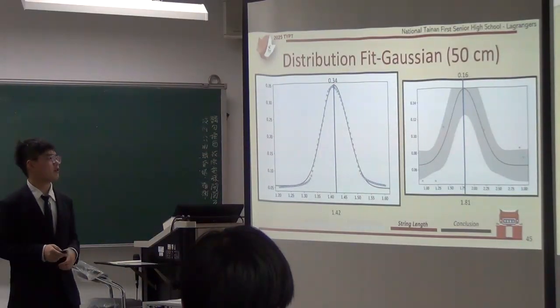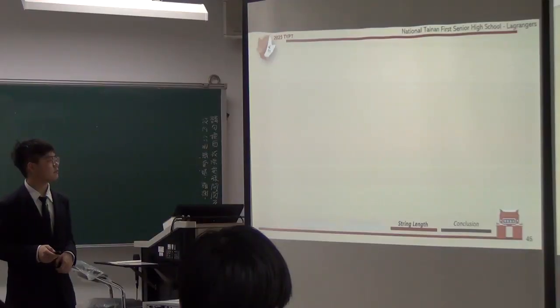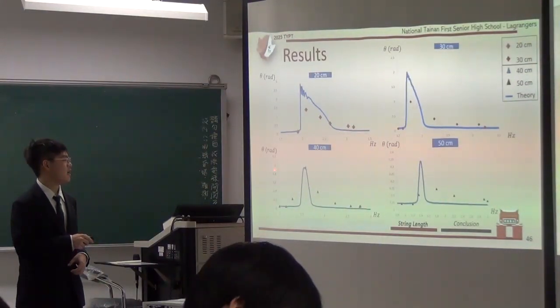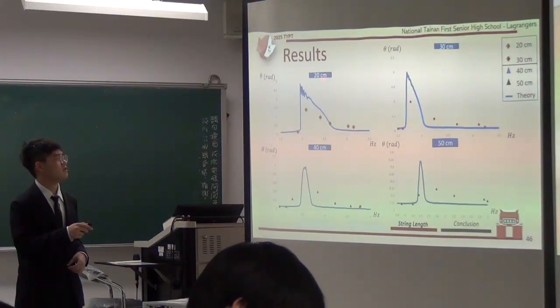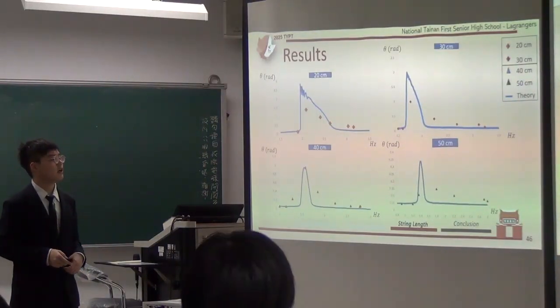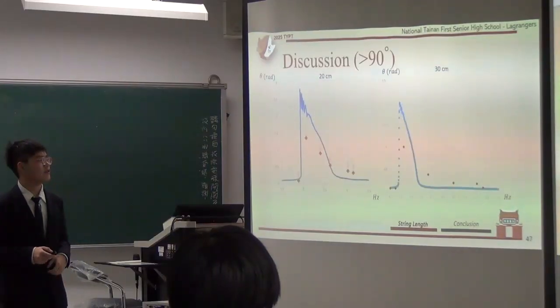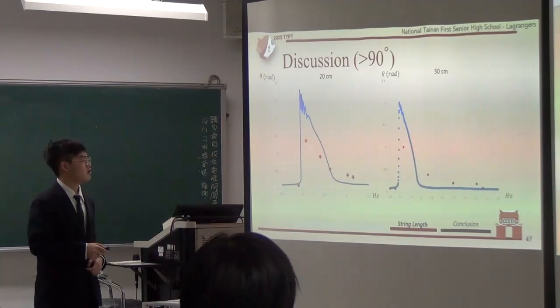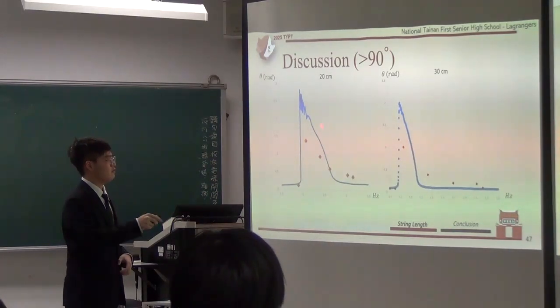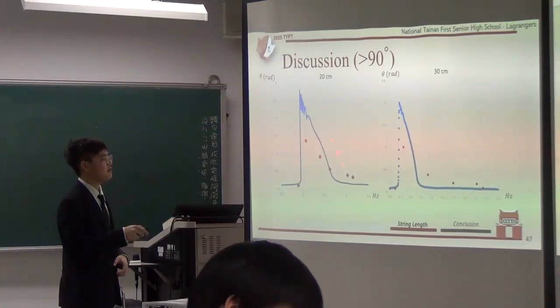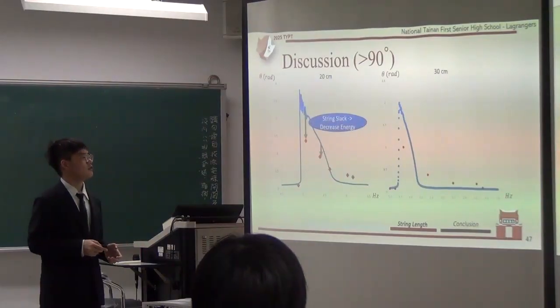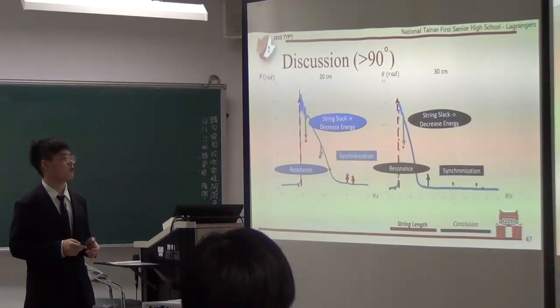And this is another graph about the 50 centimeters part. As you can see right here, at 40 to 50 centimeters, the amplitude is much smaller than at 20 centimeters and 30 centimeters. And the next case is 20 centimeters and 30 centimeters, where the theoretical amplitude is bigger than 90 degrees. As you can see right here, this shape represents a sail, and the theoretical and experimental relations are pretty similar. And I'll explain why this happens. This is the same story that I have just talked about before.